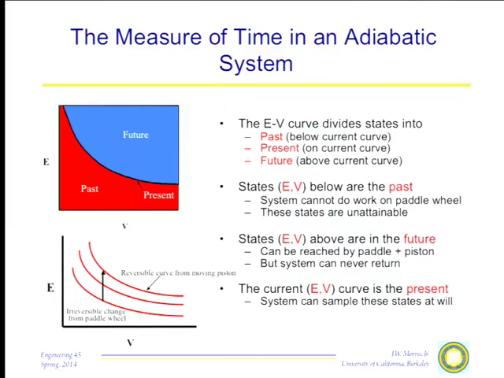If I define that time or that entropy properly, since these curves are arbitrarily close to one another, I can let it be a continuous variable that increases continuously as I raise the energy at constant volume, and I can put a number on it so that I can make entropy. I can put a unit on it if I want to. It makes sense not to, but people do put units on it.